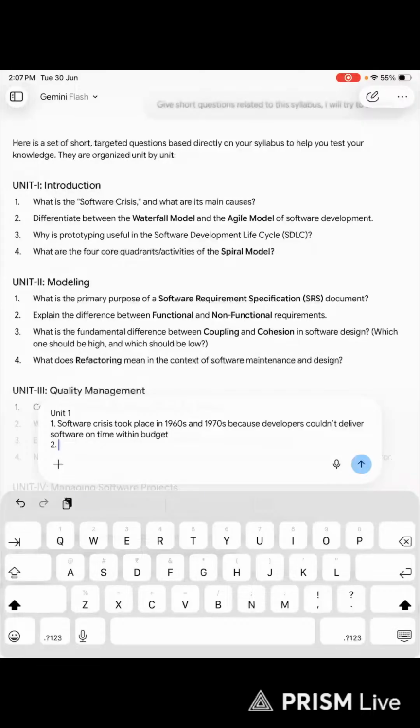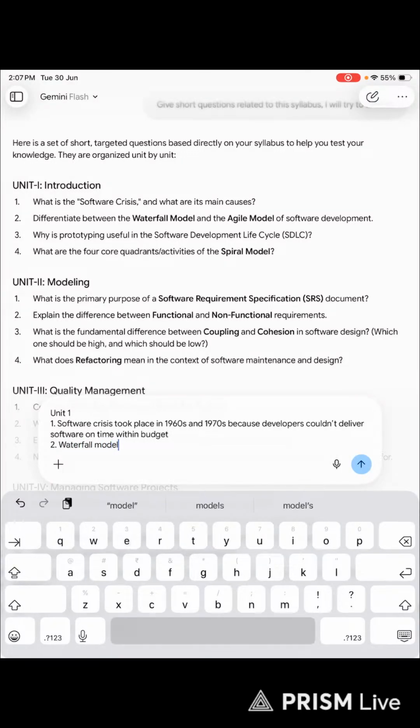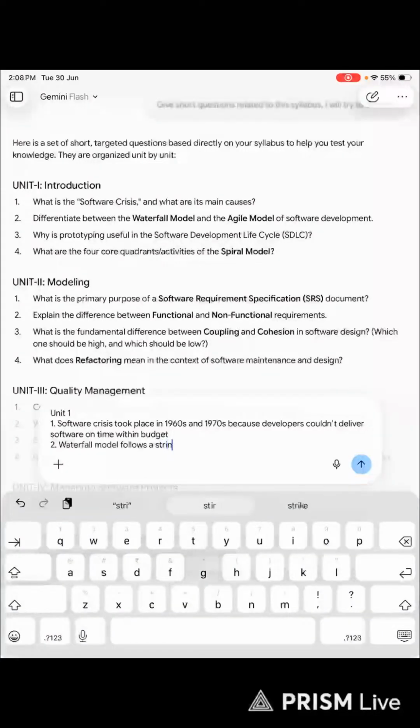Differentiate between waterfall model and the agile model of software development. Waterfall model follows a strict line of